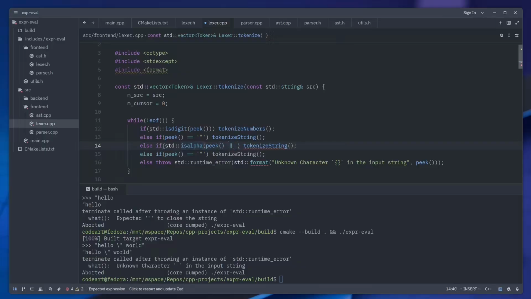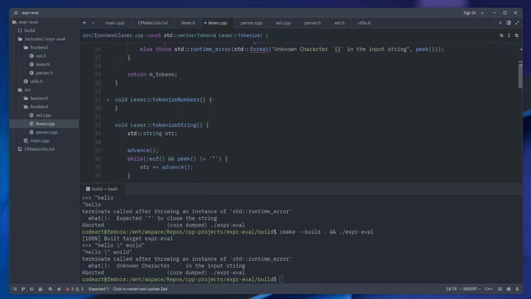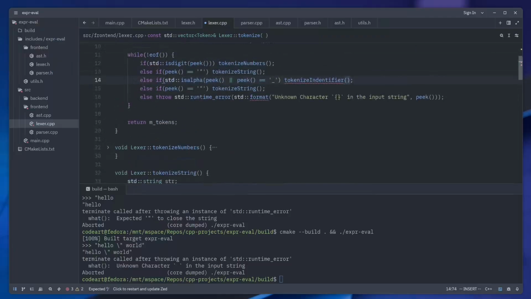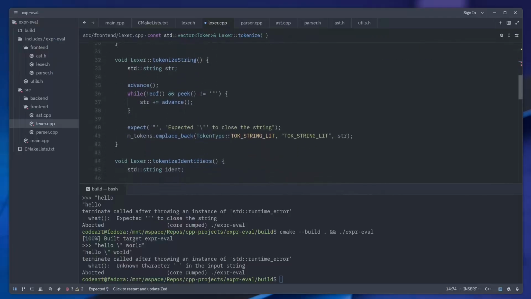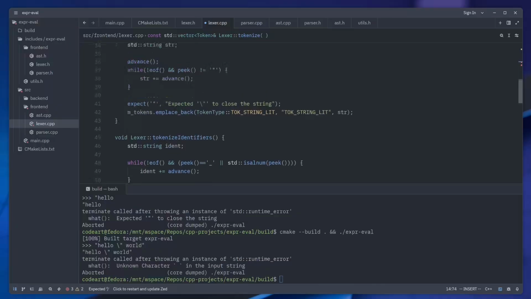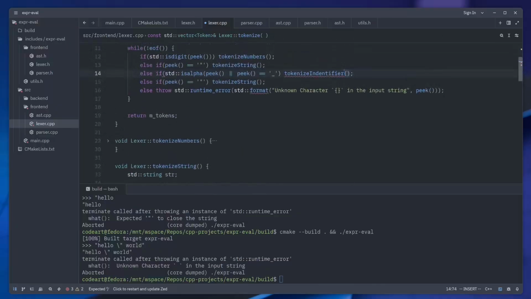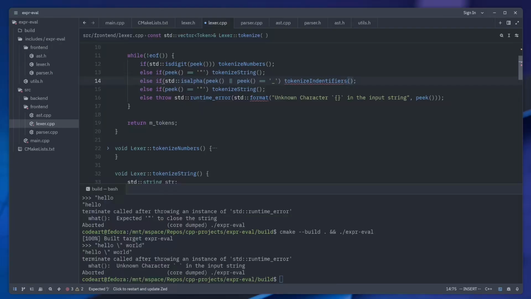So we'll do that, or pick is equal to underscore. So if that's the case, we tokenize identifiers. What do you call the method? Tokenize identifiers. Good. And then next,